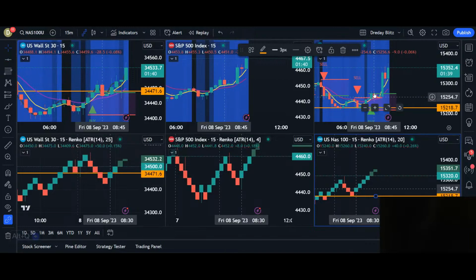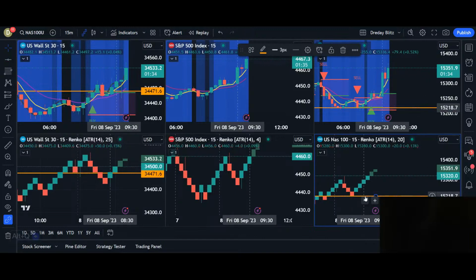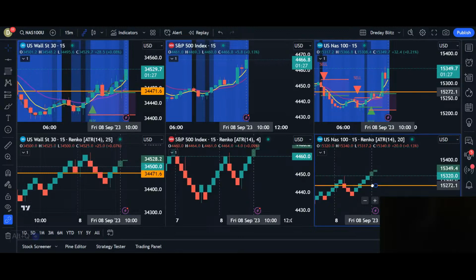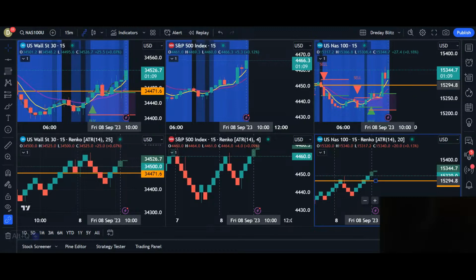Let's plot it here. So the entry was here. My stop loss is here. And same concept, I trade it from bar to bar. So right now, if we look at the bar, so each bar right here, again and again. And if you don't want to put it really tight like this, you could put it